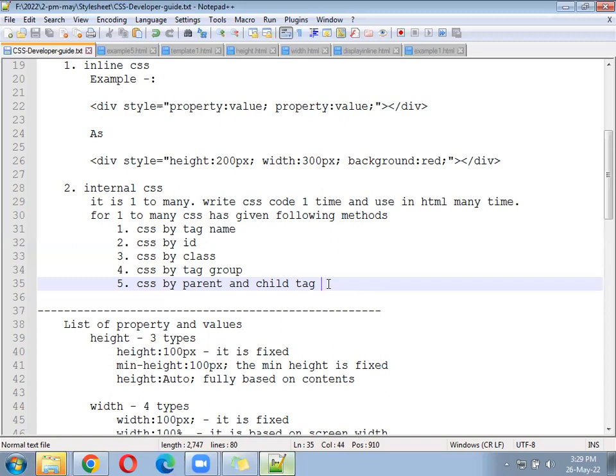Yesterday's discussion was margin, float, background, correct? Some text alignment was there. You need to remember that. Whoever remembers, they will be a college developer. Remember. It's not difficult, you can remember it because see if you write